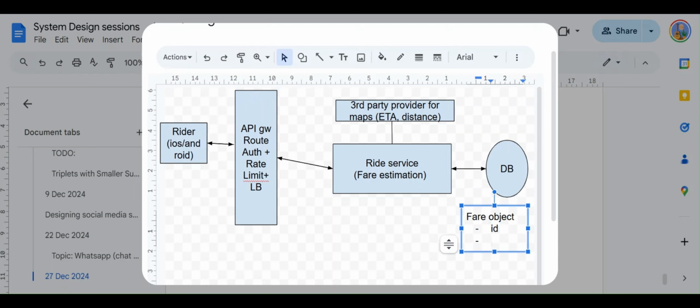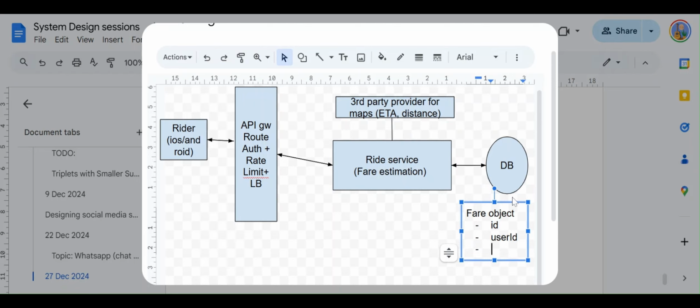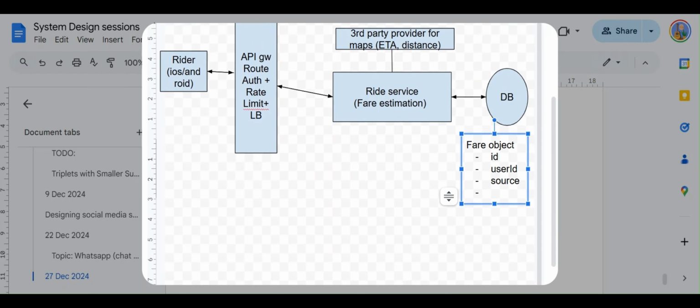It will be simply an ID, which will be a unique identifier of this fare object. Then we can have the user ID, basically the rider ID or the user ID of who booked. Then the source and destination for which this fare is being computed, and the price at which this fare is booked, and the estimated ETA that was initially being sent.